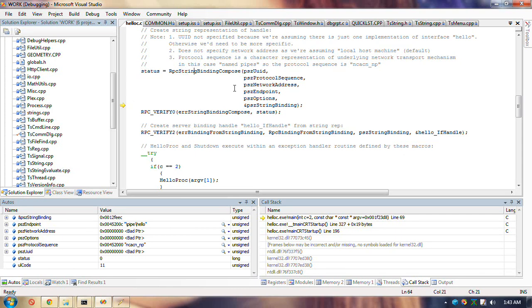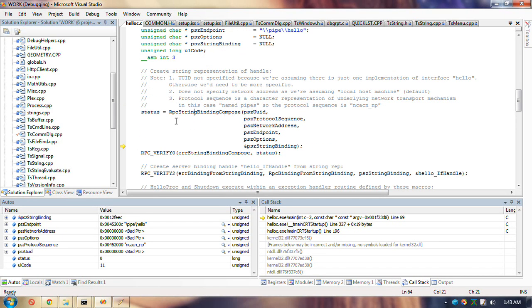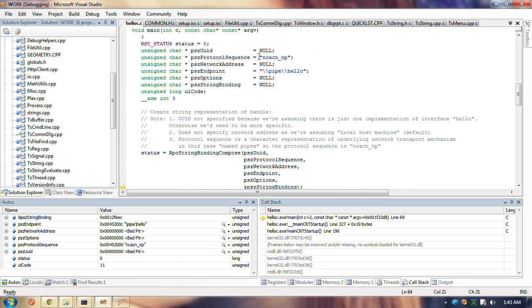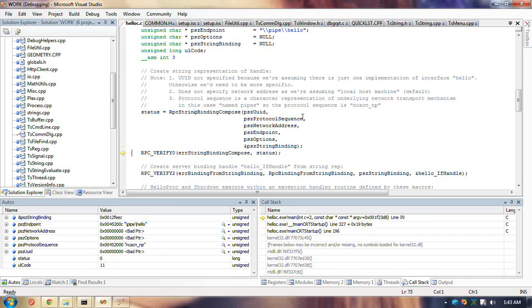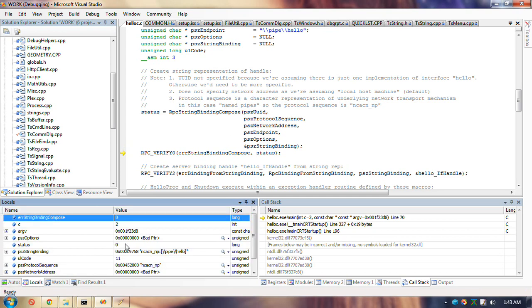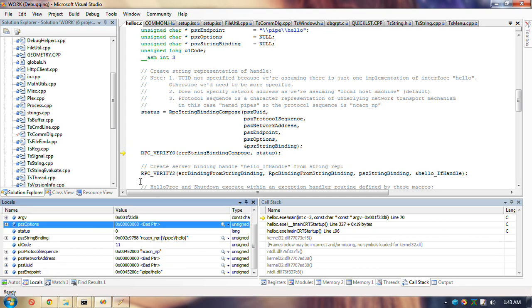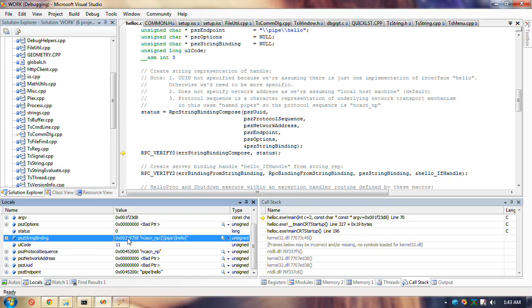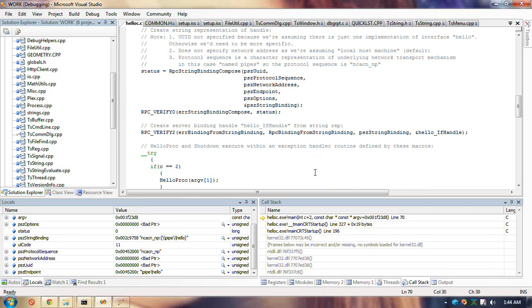So here's one thing where it does this compose binding string from this, and the thing that it returns is that. Why is that not listed here? Oh, here it is. So all it does is it takes the protocol name, right, a colon, and then the particulars in brackets. Okay.